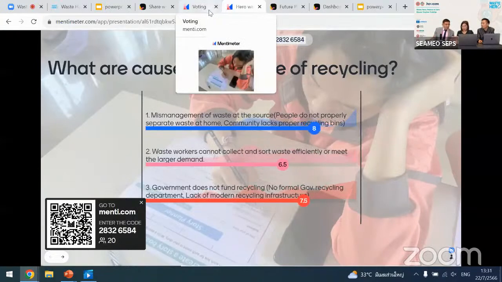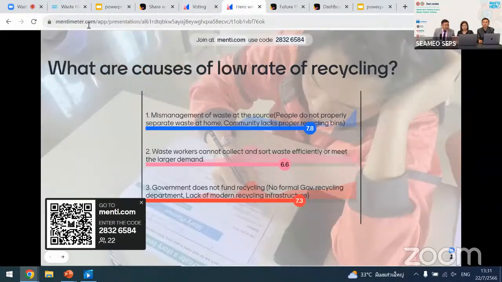So what is number 1 about, Mr. Anwar? Number 1 is mismanagement of waste at the source, maybe from not properly separating waste at home or in the community. Number 2, waste workers cannot collect and sort waste effectively or meet the large demand for waste handling.